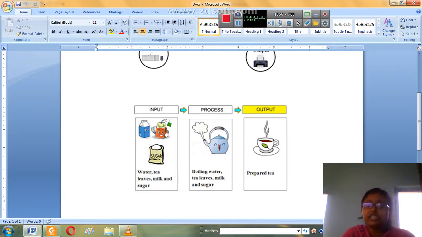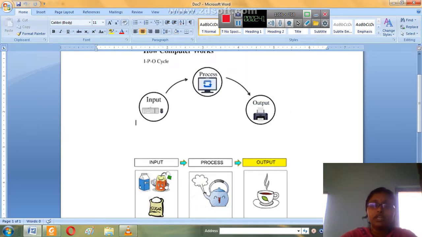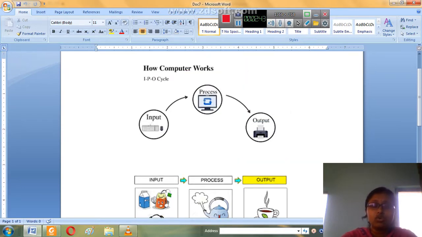So when we consider this real life example in respect to our computer, we can consider these raw materials as the raw data, an unorganized fact, which will be considered as input. Then this input is processed in your CPU, and finally we get the output, that is the result, which is delivered with the help of the output devices. And finally, very important, the output is saved into the storage device, the secondary memory. So this storage device finally completes your IPO cycle.